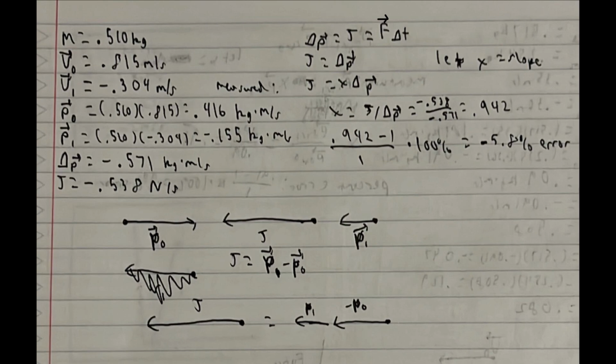for the impulse. According to impulse momentum theorem, change in momentum is equal to impulse, which is equal to average force multiplied by the time interval during which this force is applied. Since we didn't measure force nor time, we will only use the first two parts of this equation. By finding the ratio of the impulse to the change in momentum, we obtain the experimental value of the slope for this trial, which is meant to be 1 since impulse is theoretically equal to change in momentum. By doing this, we obtain a value of 0.942, which results in a negative 5.8% error.